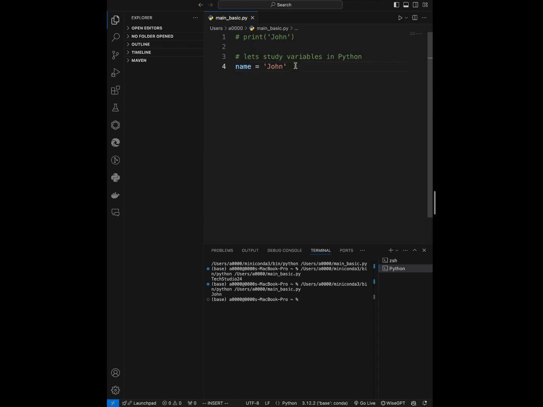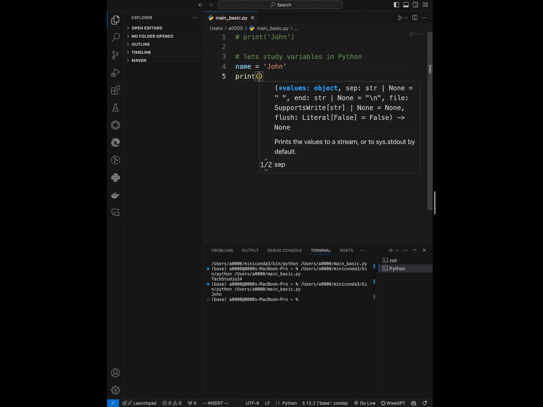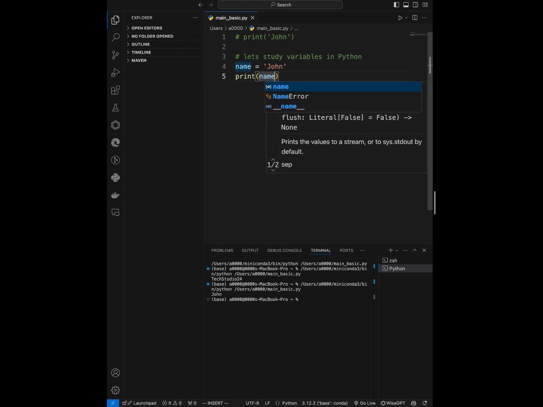So you can now instruct the IDE to print, in close brackets, put the name there, NAME. So print name, and